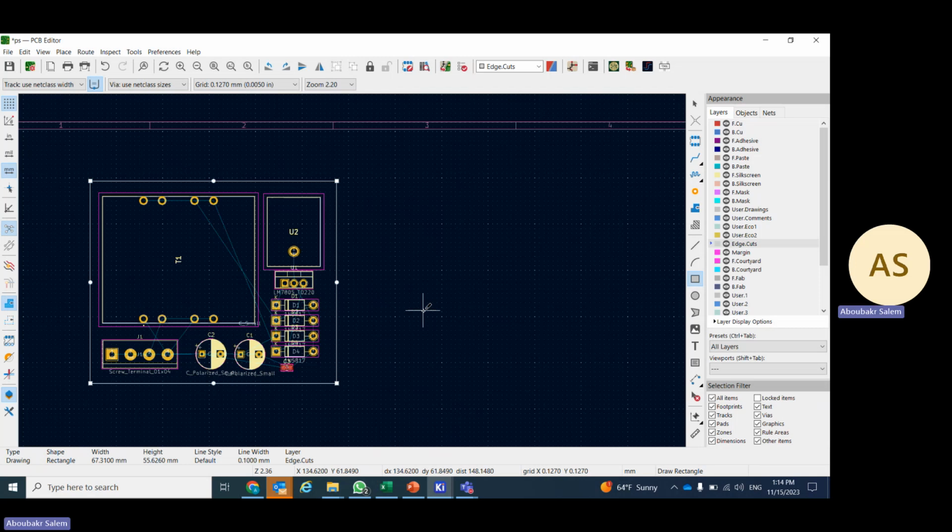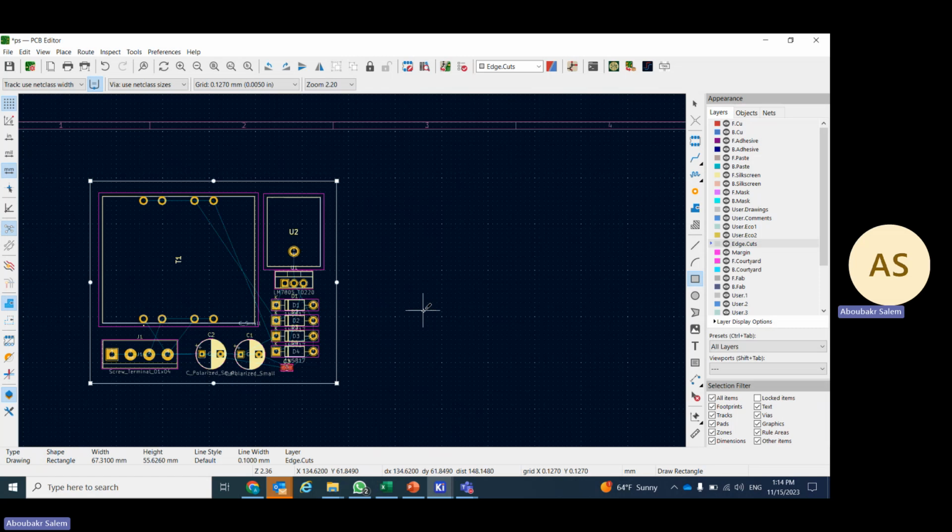We now have two options to make the connections. The first option is to connect each track by yourself. Another option is to use auto route. With auto route, there will be automatic routing for all of your traces. In this case, you will not do anything. The program will do the auto routing for your circuit. However, sometimes the auto routing may cause some problems if you didn't consider this in your rules